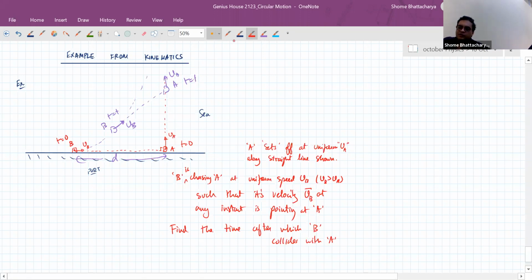Okay, so how will we approach this problem? Let's try to think. At some instant of time t, see the diagram I've drawn. The line from A to B, or B to A, is at some theta with respect to A's direction. That theta is a variable, an instantaneous quantity. So try to understand the approach and separation velocity concept in terms of that variable theta, and write an equation related to that. Then we will understand how to solve this.